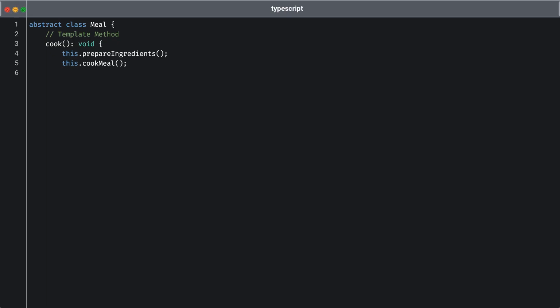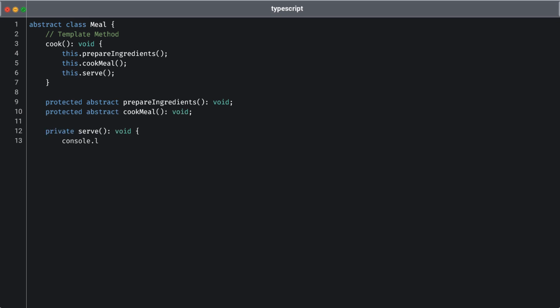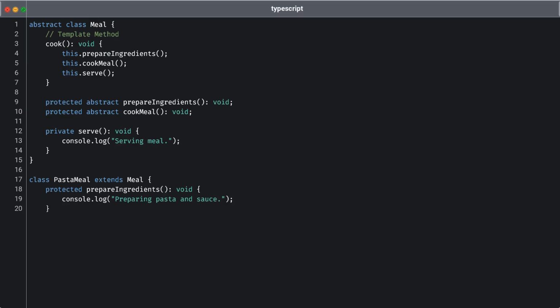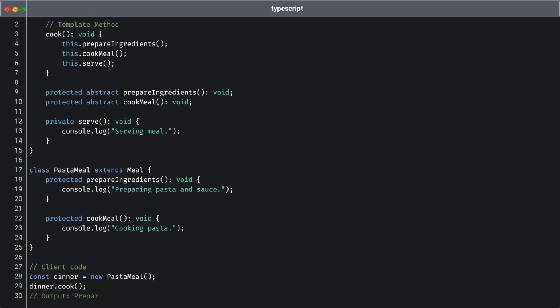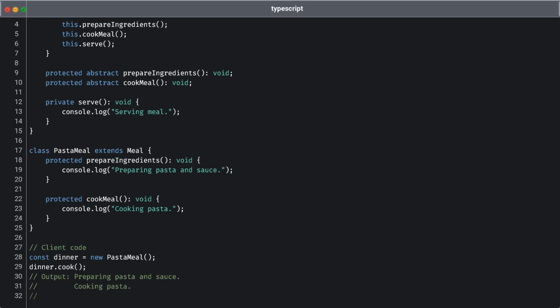Now let's implement the template method pattern, which provides a framework for creating an operations blueprint while allowing subclasses to customize specific steps. In our example, we begin by defining an abstract class called meal, which serves as the template for the cooking process. The cook method, acting as our template method, outlines the steps involved in preparing a meal: preparing ingredients, cooking the meal, and serving it. Next, we use abstract methods for preparing ingredients and cook meal. Subclasses like pasta meal will provide their specific implementations for these methods, allowing for flexibility in how different types of